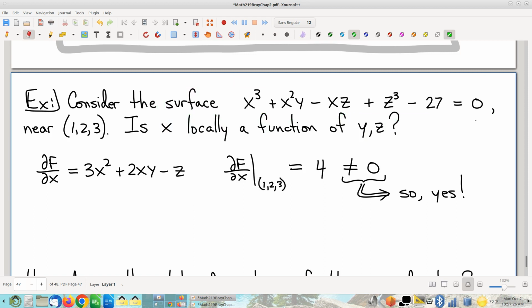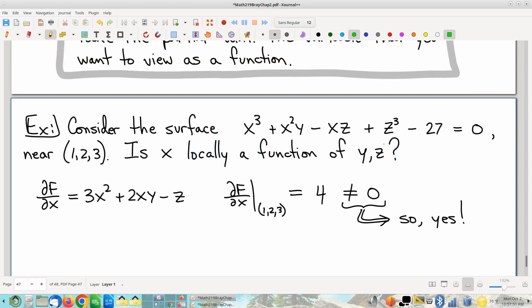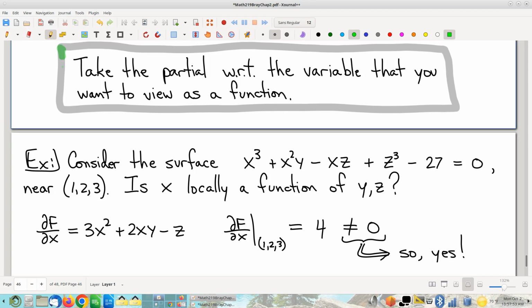Now, notice they did not ask, can I solve for x algebraically? Do I have the algebraic chops to be able to actually solve for it? Not at all what's being asked, right? But just hypothetically, could it be viewed as a function independent of whether or not I have the algebraic chops to be able to actually solve for it? Okay. All right, so the way forward, per our short summary from the previous page,